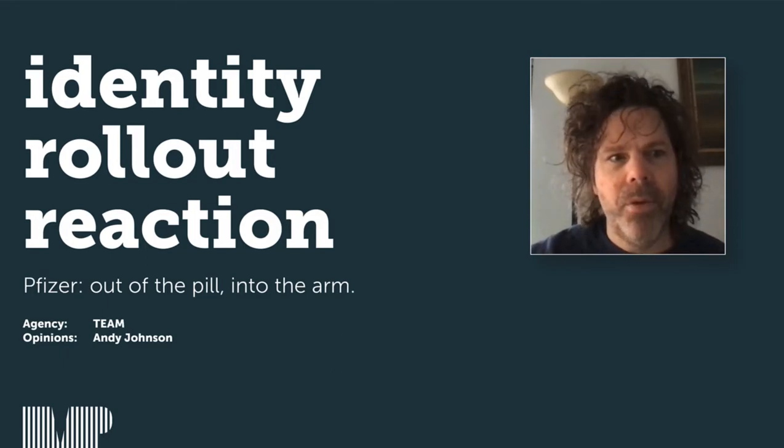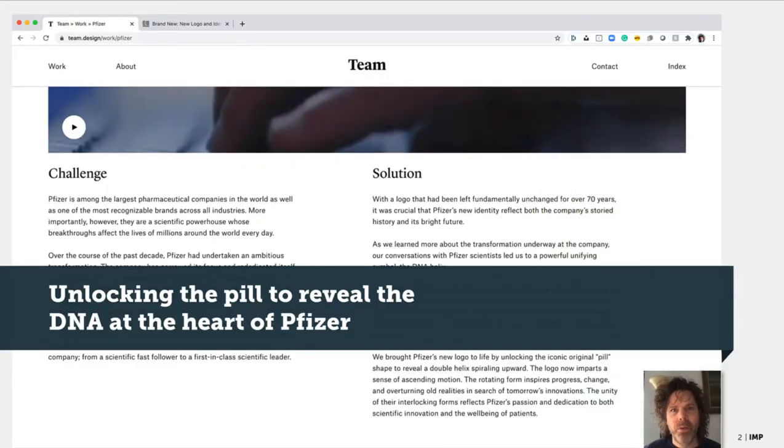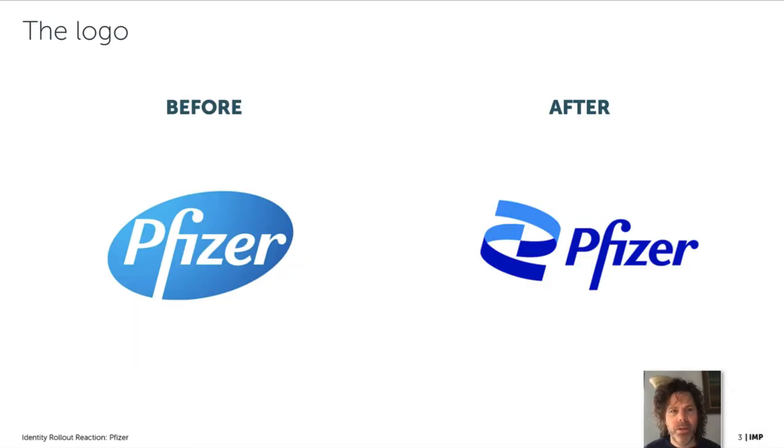Today we're going to dive right in with the Pfizer rebrand, which was created by the exceptional agency Team out of New York City. In Pfizer's own words, they were unlocking the pill to reveal the DNA at the heart of Pfizer. And visually, that's exactly what they did, moving from the pill blue shape into this double helix with